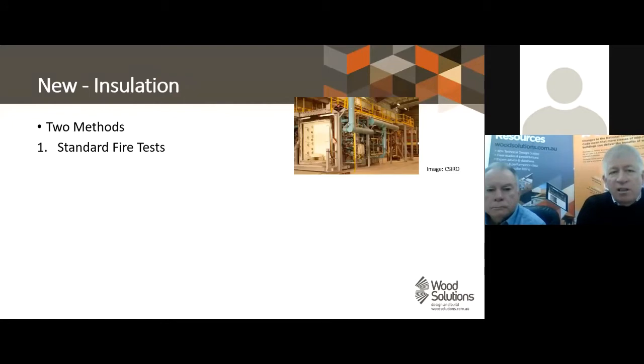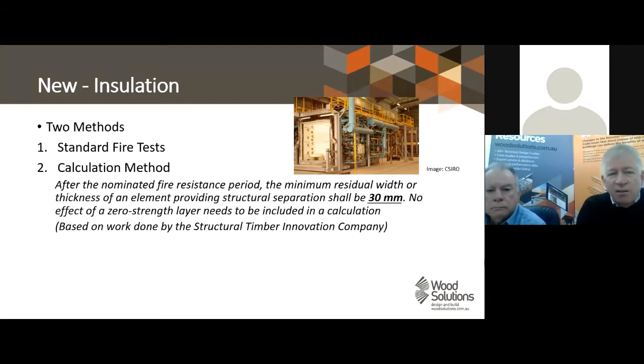So the insulation has now been included. Insulation is a number which wasn't previously included, and it has two methods to determine it. Again, the standard fire test. You just keep seeing this always appear. So if you have data from a standard fire test, you can use that. Or there's now a methodology which is